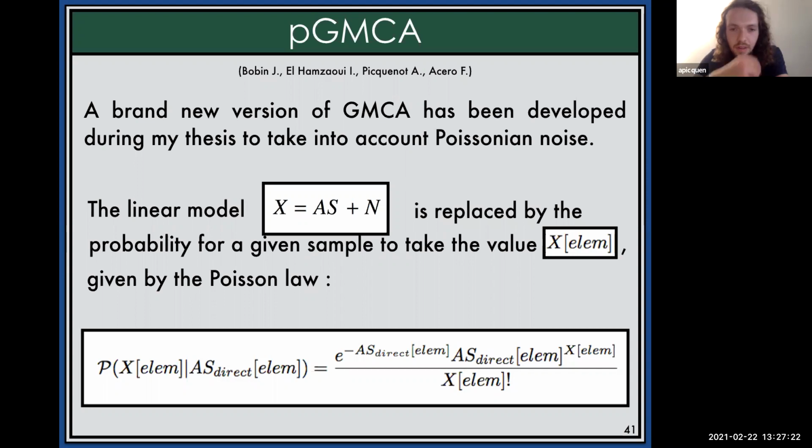Sorry. But why do you want to do that? Because he can basically do the exact Poisson. Why do you want to do the approximation? Actually, yes. In the first version of the algorithm, before the Poisson treatment, it could have been interesting to do something like that. But once the Poisson noise was well taken into account, there was no need anymore for it. Now it's not a problem. So the algorithm is slightly more complicated to use, but it takes the Poisson effect well into account.